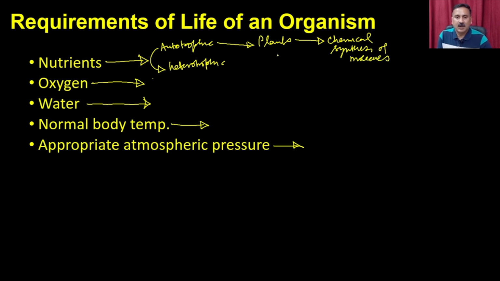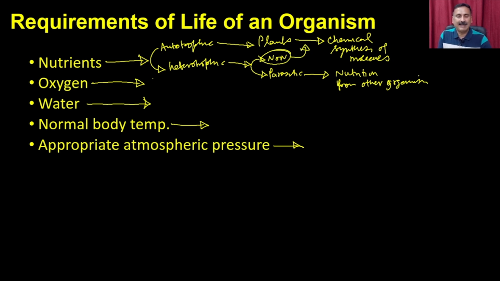Now, compared to this, heterotrophic nutrition can be further classified into non-parasitic nutrition and parasitic nutrition. Parasitic nutrition is the nutrition where the parasites take up nutrition from other organisms, whereas in non-parasitic nutrition they take up nutrition from the plants, and that is how they synthesize their own